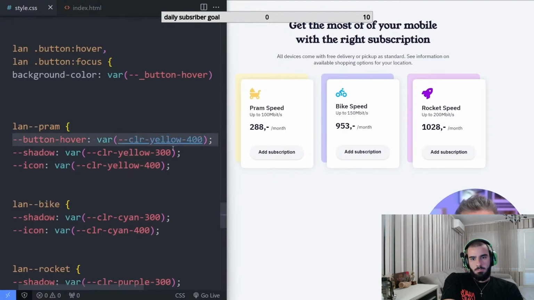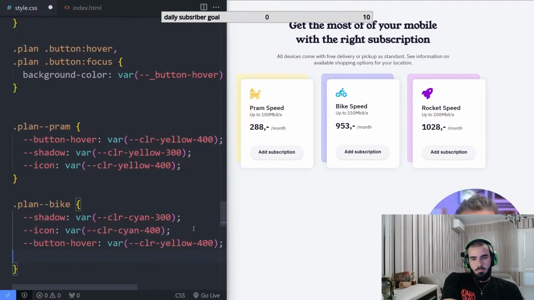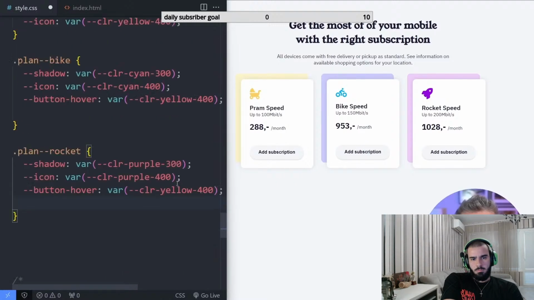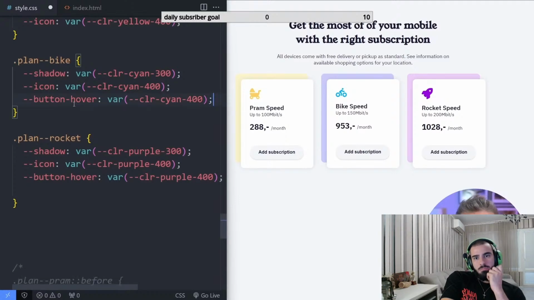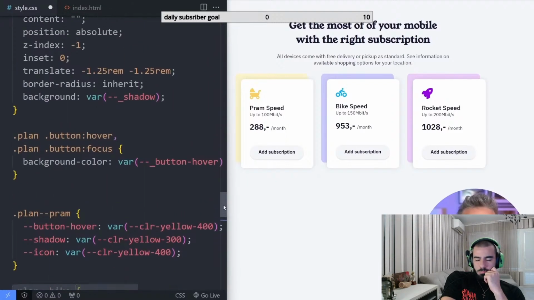So we just add that in there, and we can come on each one of these, switch that, and this one would be my cyan, and then this one can be my purple. And now the hover color for each one has switched over without having to worry about it. I just come in here and I have these options. They become like levers that I can pull for the interior of what's happening within this element, which is just so nice. The other big advantage, and one of the best things with all of this, is the way that,